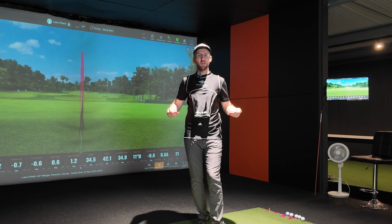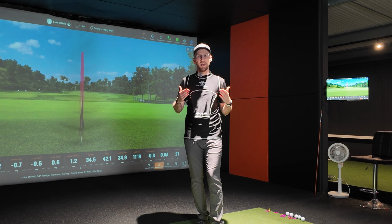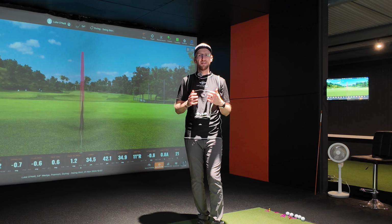This right here is called a swing shirt, and according to its manufacturers, it's designed to help average golfers just like me to fix a whole range of swing flaws that PGA professionals see on their lesson bay every single day. So if you're watching this and you're the type of golfer who maybe is a little bit too armsy